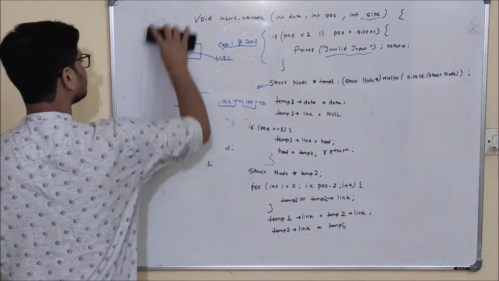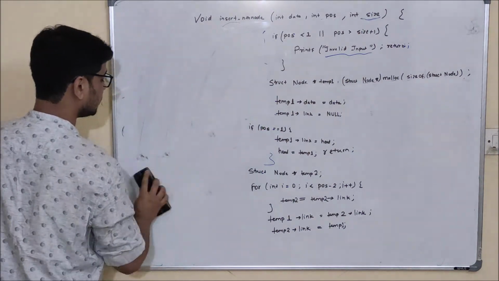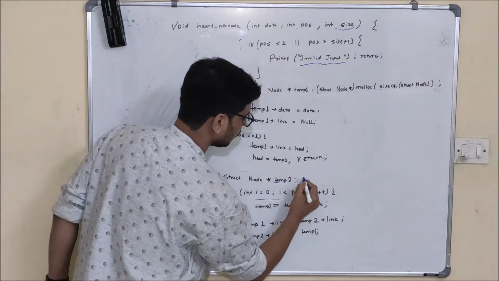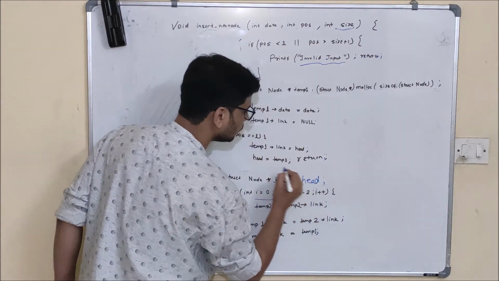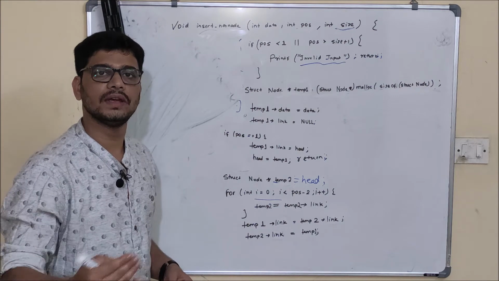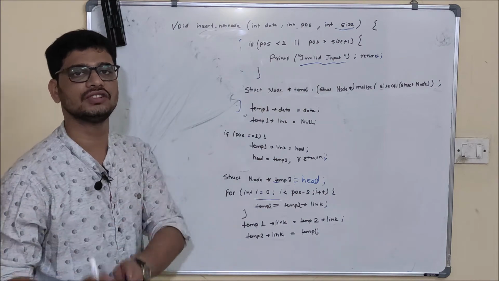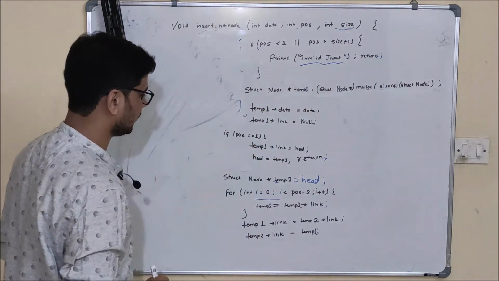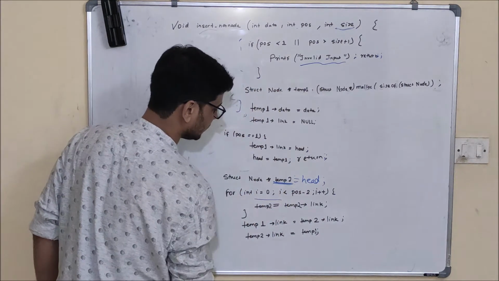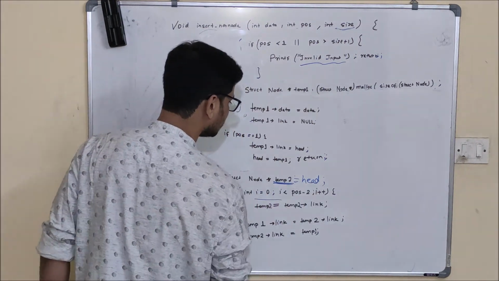Now see the final case. What is our final case? Inserting a node at any other position in the linked list, that is, a valid position. To do that, our first task will be to traverse inside the linked list and reach a point from where we will be able to manipulate the pointers so that this node will be inserted. That is node temp1. For that I am creating another pointer which I will use to traverse inside the linked list, and that pointer is temp2 and it will contain what is there in head.